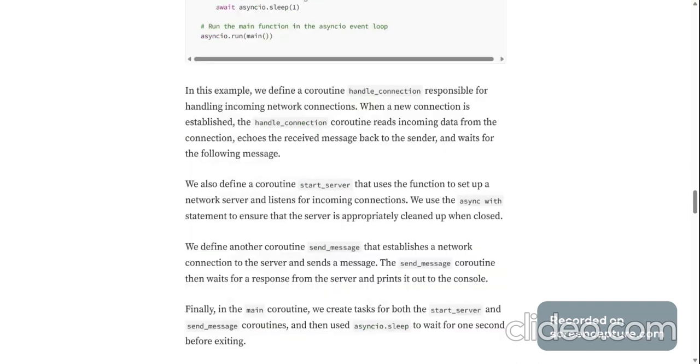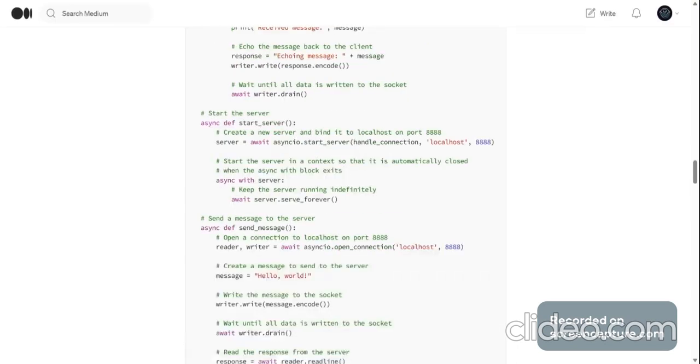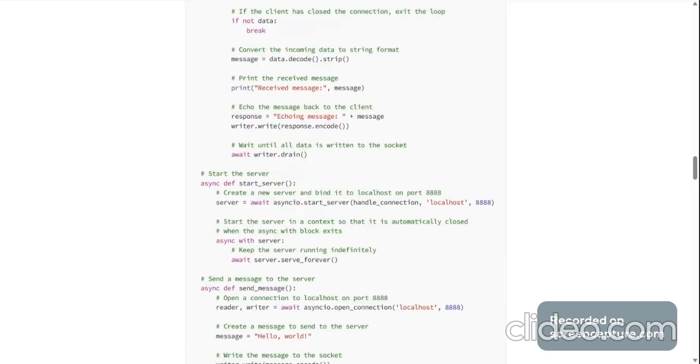Next, we define a coroutine start_server that sets up the network server and listens for incoming connections. We use the async with statement to ensure that the server is appropriately cleaned up when closed. So async def start_server, which starts the server: server equals await asyncio.start_server(handle_connection,